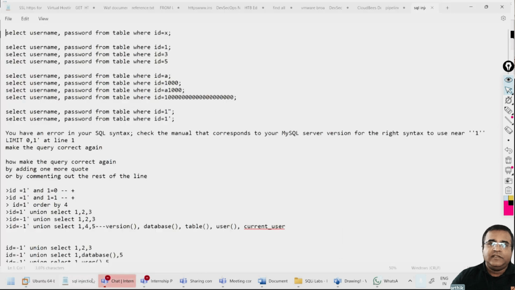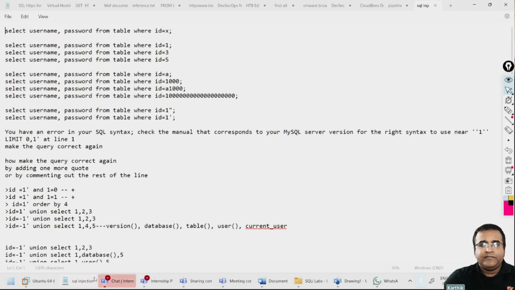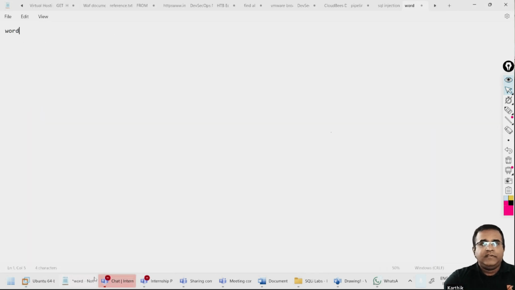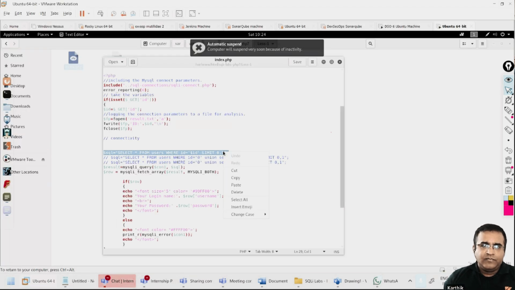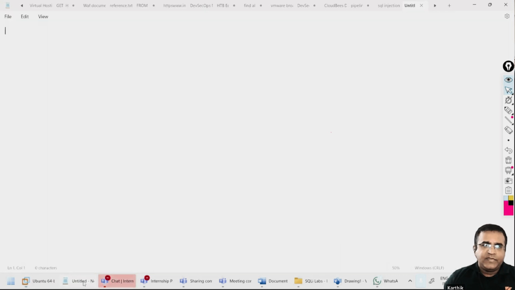For instance, what is happening here? Let's see. Okay, it's not showing. It will not copy. Since it's a very old virtual machine, it's not going to do that.